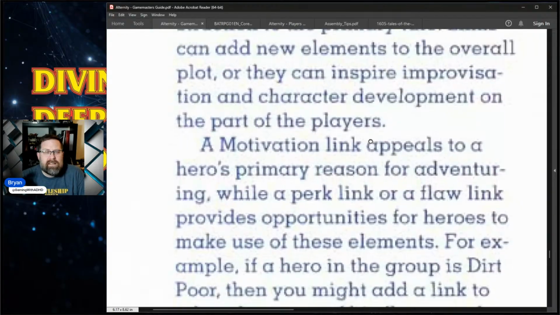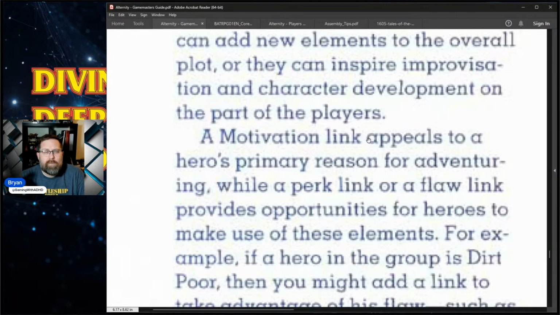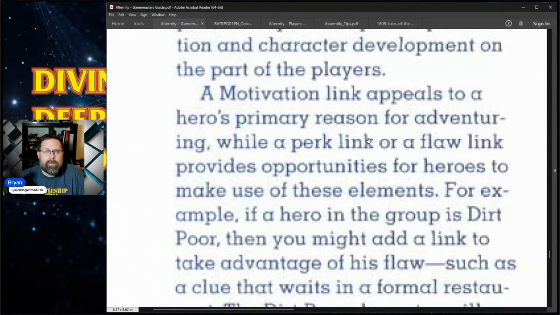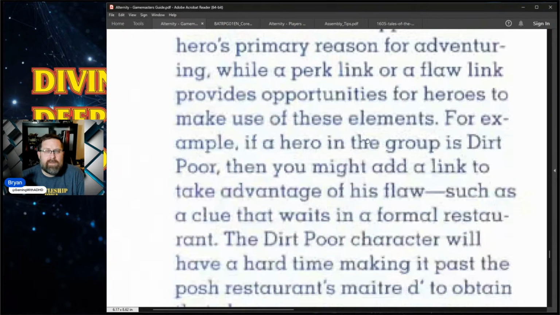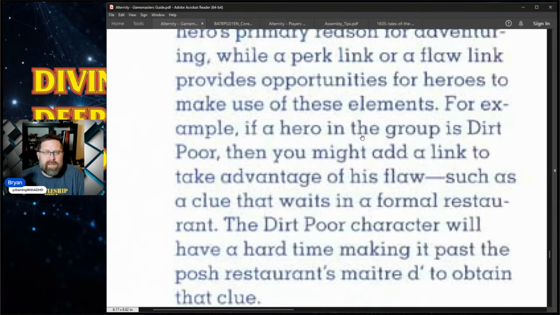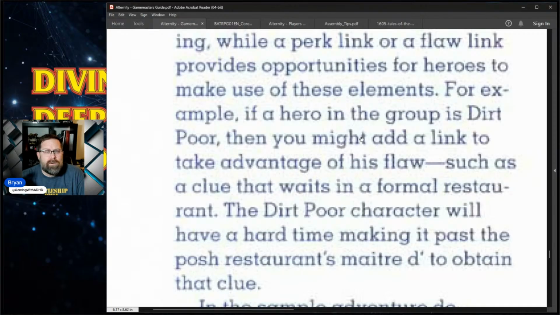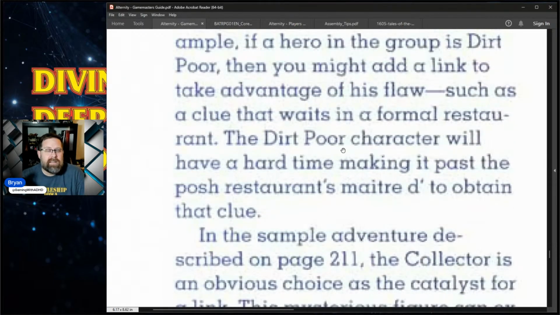A motivation link appeals to a hero's primary reason for adventuring, while a perk link or a flaw link provides opportunities for heroes to make use of these elements. For example, if a hero in the group is dirt poor, then you might add a link to take advantage of his flaw, such as a clue that waits in a formal restaurant. The dirt poor character will have a hard time making it past the posh restaurant's maitre d' to obtain that